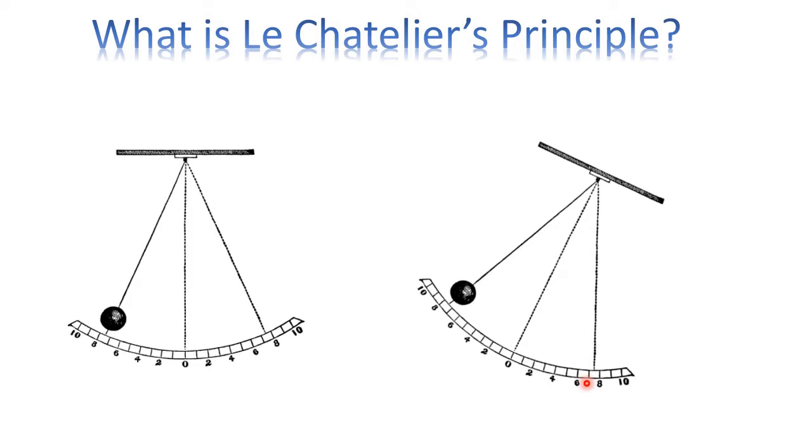So what is happening? When I give a disturbance to the equilibrium, this pendulum is responding back so that it gets back its equilibrium. When I disturb a system at equilibrium, it responds because it wants to regain the equilibrium which it was having. Now, in order to understand this,